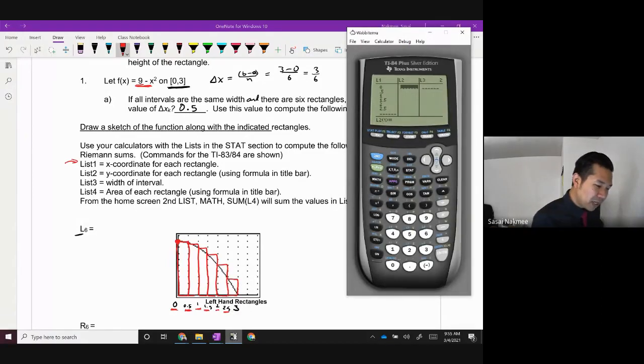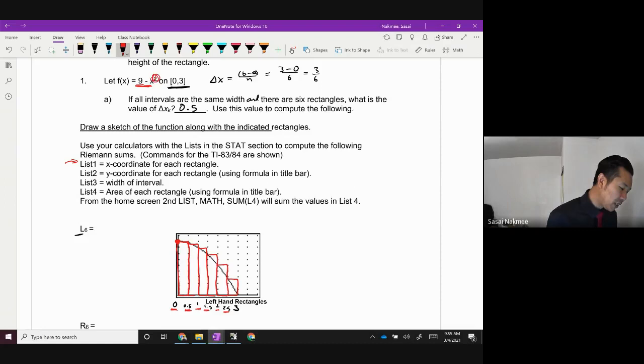So check this out. When I come over to L2, I don't actually type in my answer for this one. Instead, I go up to L2 at the very top, where it says L2 is equal to, and I type in this equation. You ready for this? This is the part that's going to blow your mind. I type in 9 minus, and I want to do minus every number I've placed into L1. I want all the x values calculated. So I press second, hit 1 again, and it's going to do 9 minus L1, but don't forget that all those x values in L1 need to be squared.